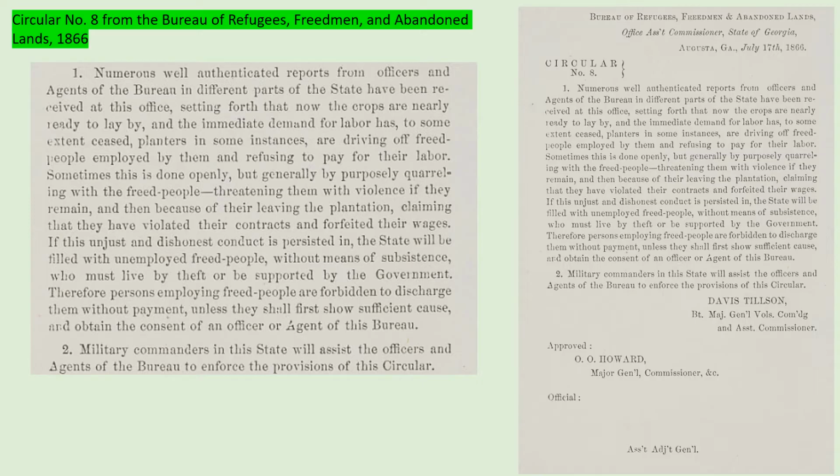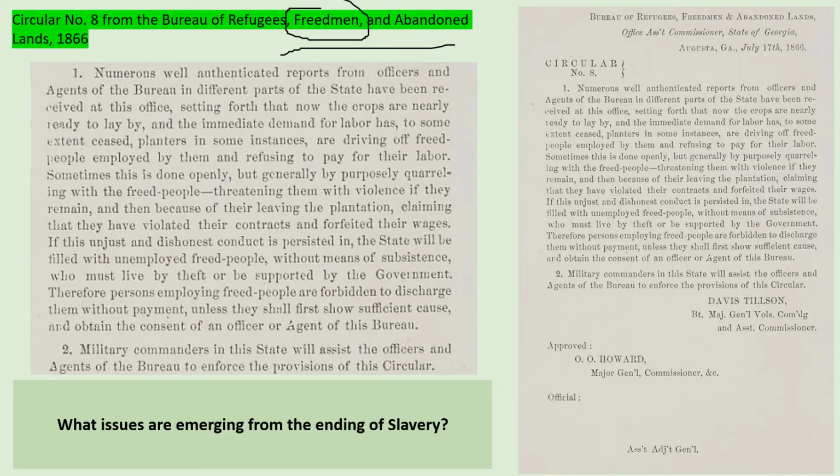Circular number 8, again, it's looking at the Freedmen's Bureau, looking at abandoned lands. The Freedmen's Bureau is a federal government agency, which means the federal government is passing this. They're the ones coming up with this piece of legislation. And again, the state governments of the South are going to view this as overreach by the federal government,